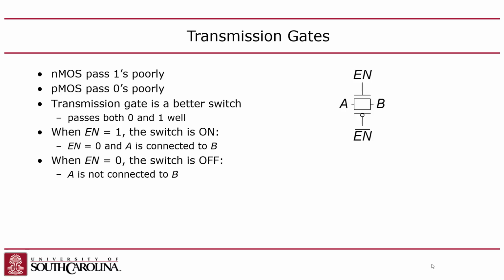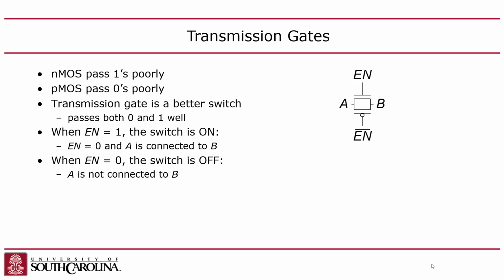Okay, there's also this thing called transmission gates. We talked about the Z value in SystemVerilog, where Z stands for high impedance, and Z is when you have a tri-state buffer, when you can electrically disengage an output. That's how you implement that with a transmission gate, which is where you put an NMOS and a PMOS in parallel to one another, and the enable signal, which basically turns on or turns off the gate, has to be connected to the